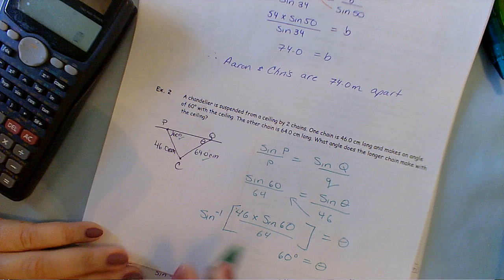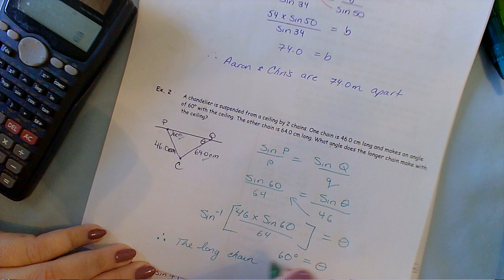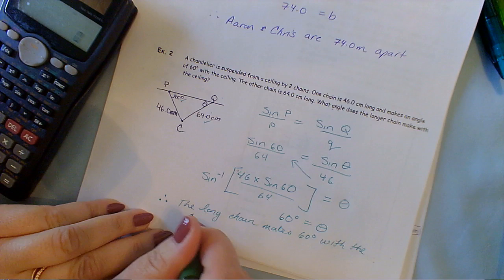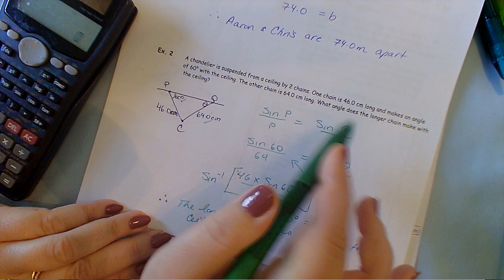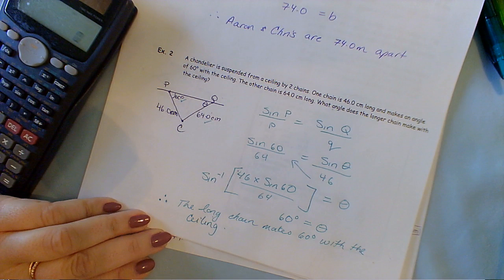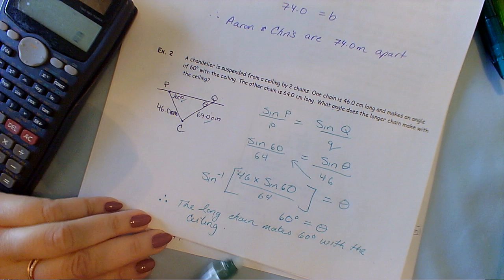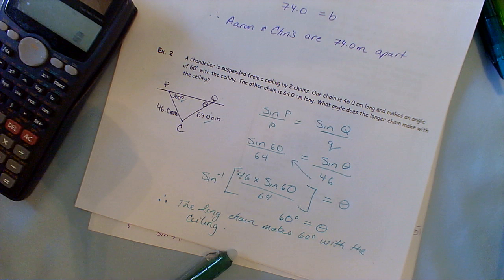And because it came to me in words, I'm responding back in words. Therefore, the long chain makes 60 degrees with the ceiling. And I just read the last sentence usually and take those same words and put them into my therefore statement, and my units are right there with degrees. Right, so I hope that clarifies what we do and how we go about making